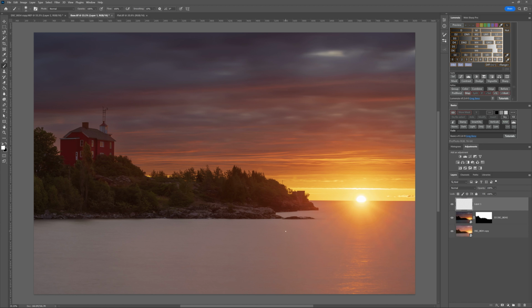Now that I've brought myself to this step, now I'm going to start thinking in contrast in colors. I've brought the zones together. I've brought the tones together. There's no obvious halos. We're looking pretty good. Everything is fairly well balanced across this image. So now I want to think, what do I need to do for contrast in color to bring this image home? Well, I know already that I want to bring this down by about a stop,